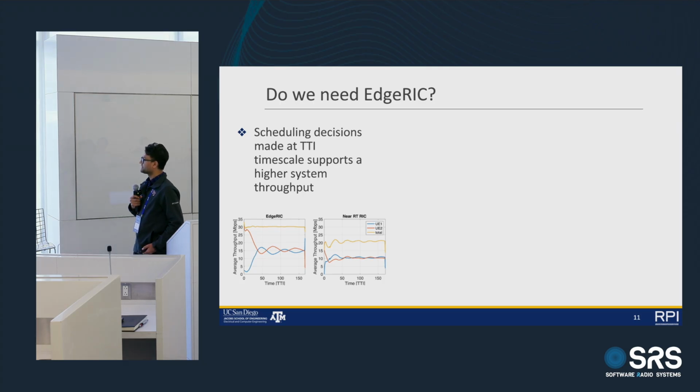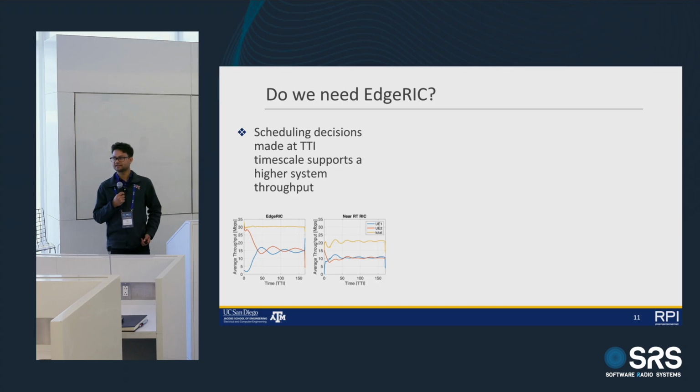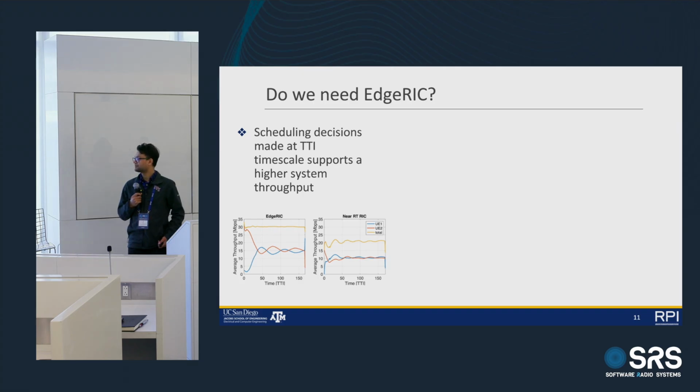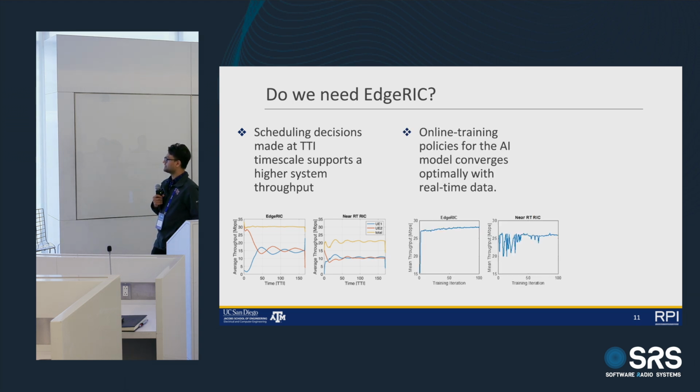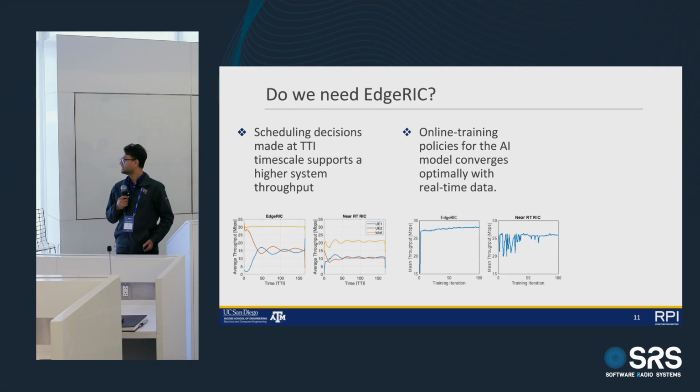So you see, compared to near real-time RIC, if you build Edge RIC which provides real-time control, you can adapt to varying channel in real time rather than having tens of millisecond delay in near real time. Your Edge RIC provides much higher average throughput compared to other RIC which has longer latency. We are also showing we are training a reinforcement learning model, and the training is much faster. You can see the Edge RIC converges to the optimal throughput in just a few iterations, less than 10 iterations.